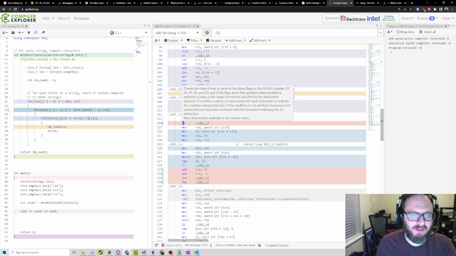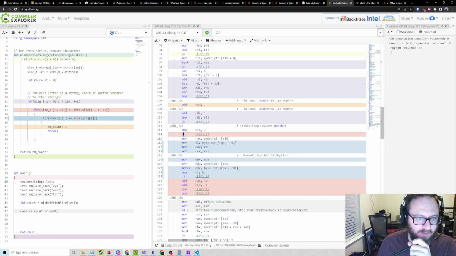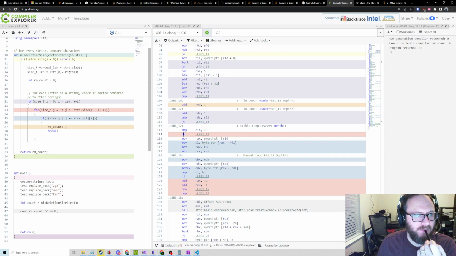So what it's saying is if the condition is met, it's going to jump to label 17, which is right here. Right, which is this loop here, right? It seems